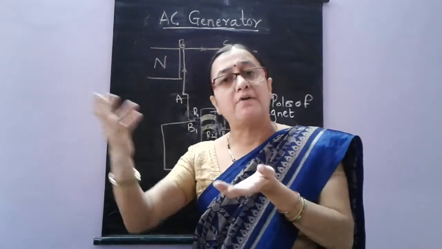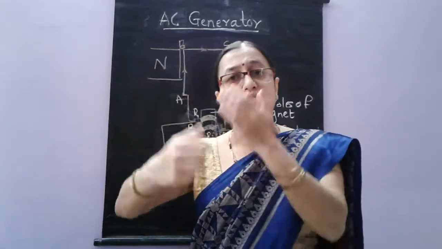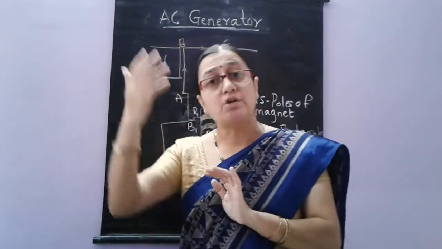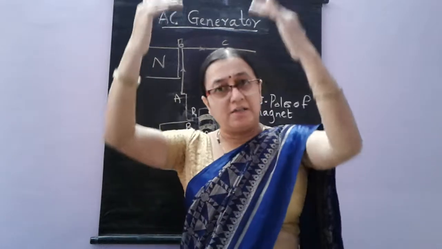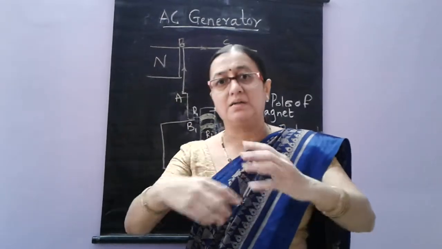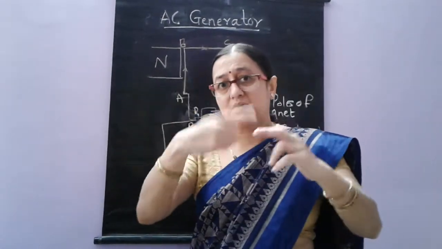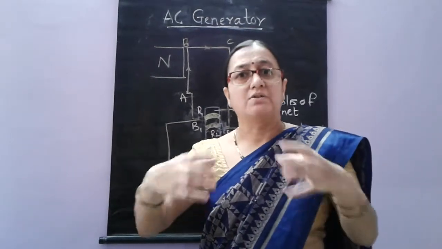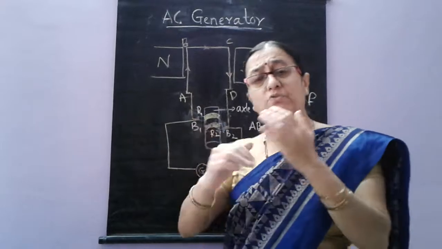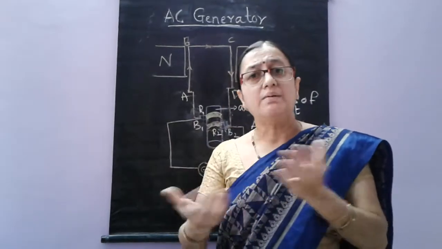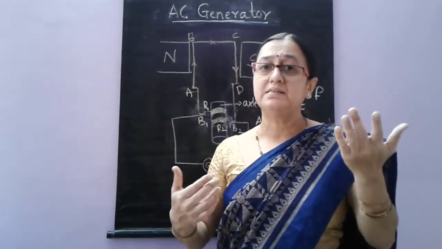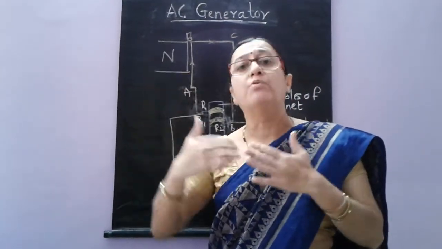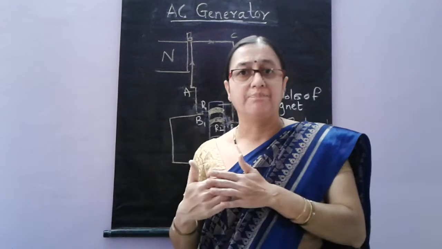In case of nuclear power generation, nuclear energy is used to rotate the axle, so that more electricity is generated. In case of hydroelectric power, when the water force is more, turbines are placed and they are fixed to the axle. So when the turbines rotate quickly, more current is generated. In the rainy season, we get more power generation because the water force will be more at that time. Turbines rotate very quickly.